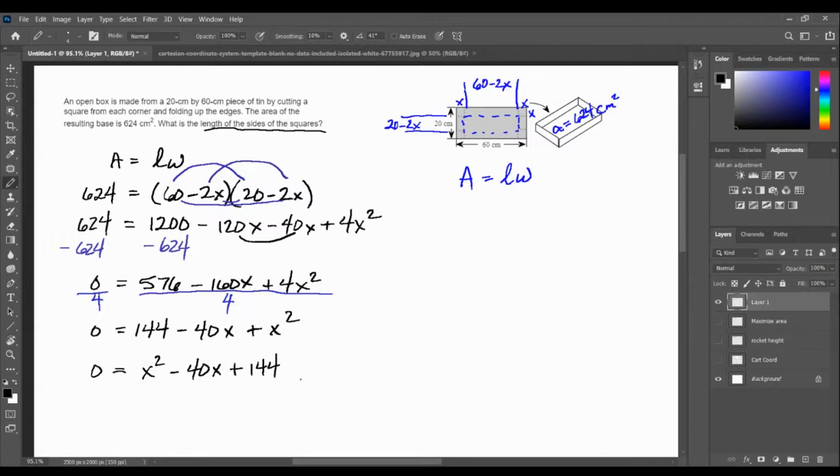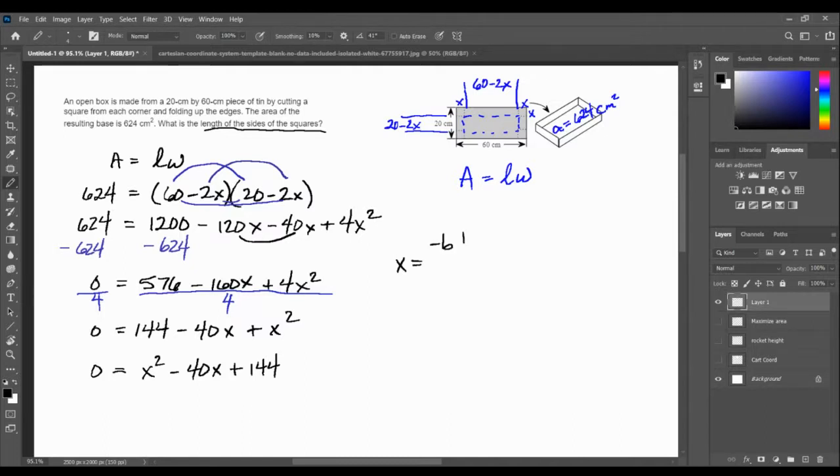I may be able to factor this directly. I don't know that I can, but I may be able to. I may be able to complete the square, but I know I can use the quadratic formula. That one I know. So I'm just going to go ahead and do that rather than try to find factors of 144. It's probably not that hard to do that, but